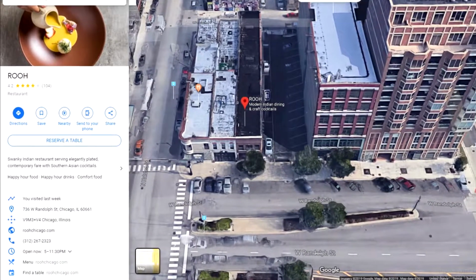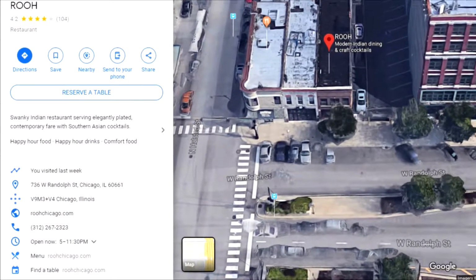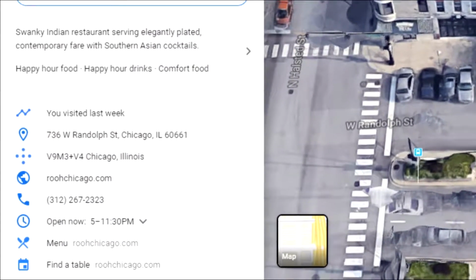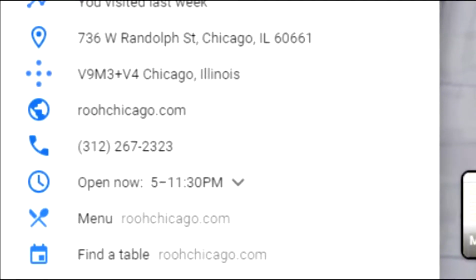Rooh is located at 738 West Randolph Street in Chicago and is open Tuesday to Thursday from 5 p.m. to 10 p.m., Friday and Saturday from 5 p.m. to 11 p.m., and Sunday from 5 p.m. to 9:30 p.m. 4 months since they opened in May, reservations are still booked 2 weeks out during weekends, so book ahead. For more information, visit